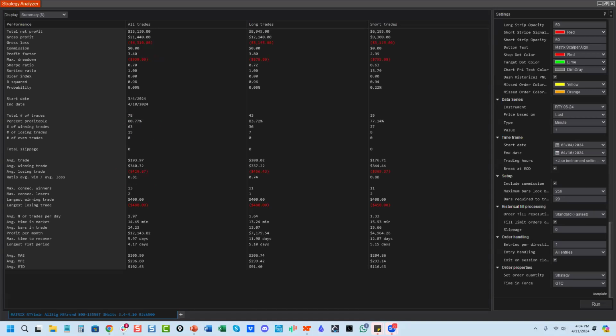But I'll tell you why the Russell and crude are doing well on these. If you don't know anything about crude and the Russell compared to other markets, they have a high tick to spread ratio. What does that mean? They're very thin markets.